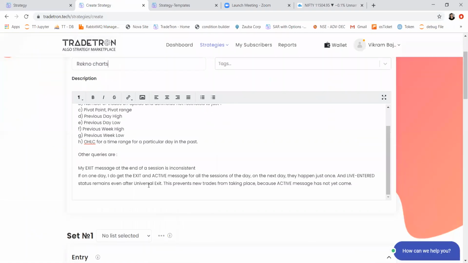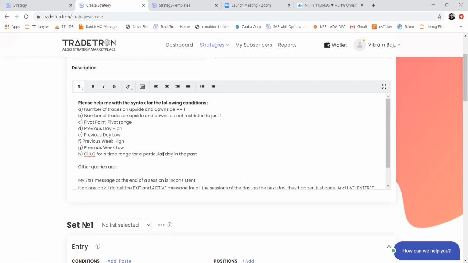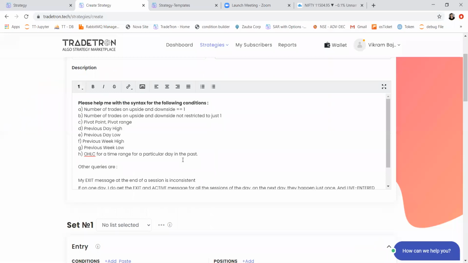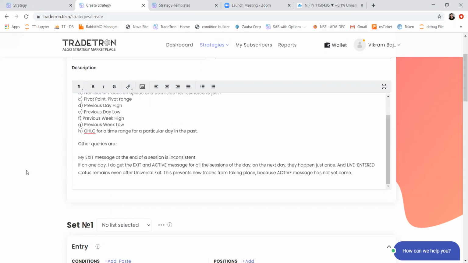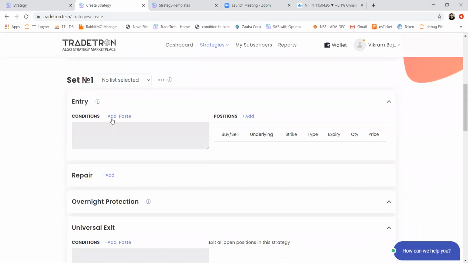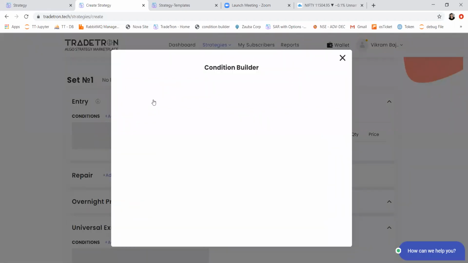Okay, we'll begin with how to create a super trend based strategy on a Renko chart. After that, we will discuss a few points. This was shared by one of our users: these are the difficulties he's facing while creating his strategies, and he wants solutions to these problems. We'll definitely go through them. So we will start with the entry condition and add a position, the condition rules.